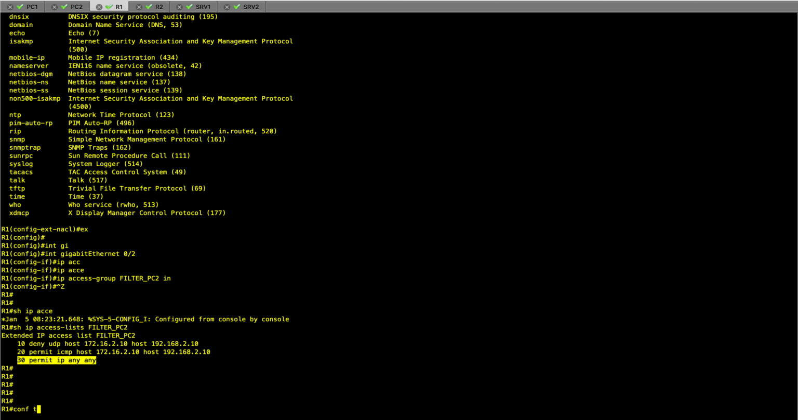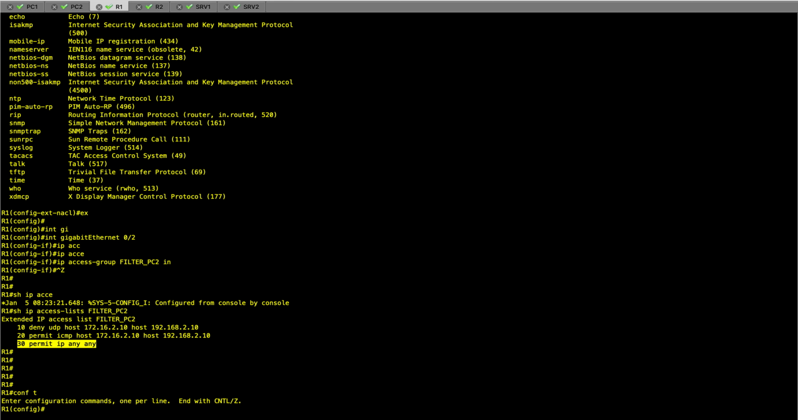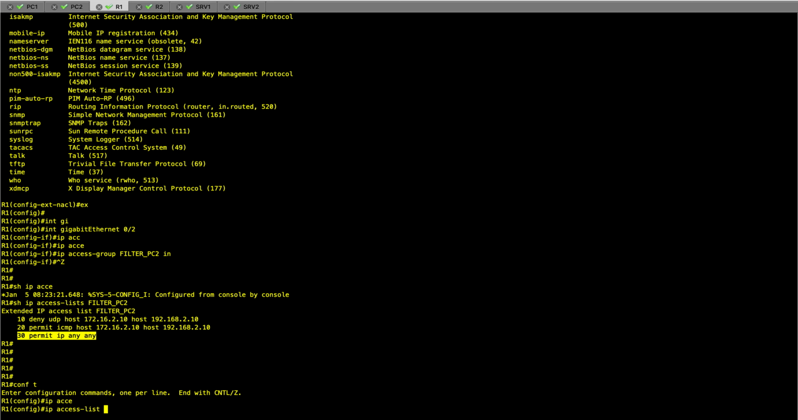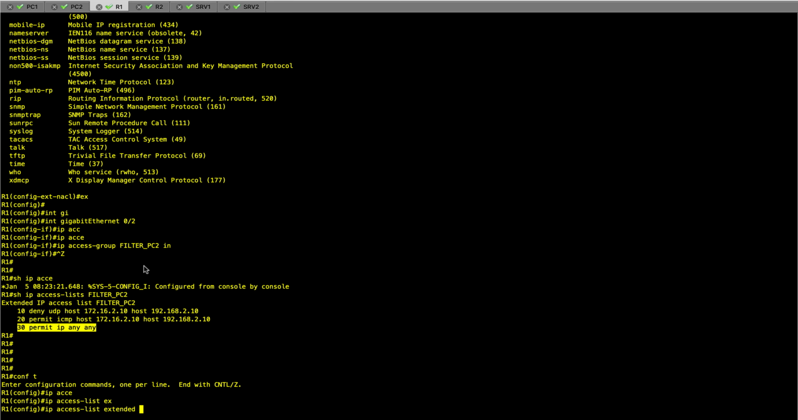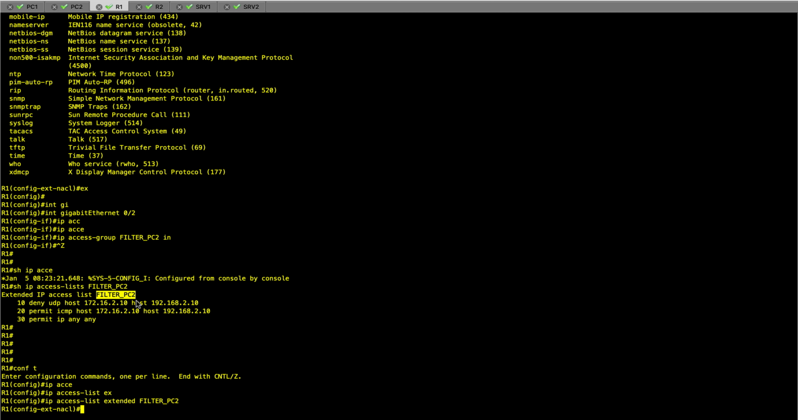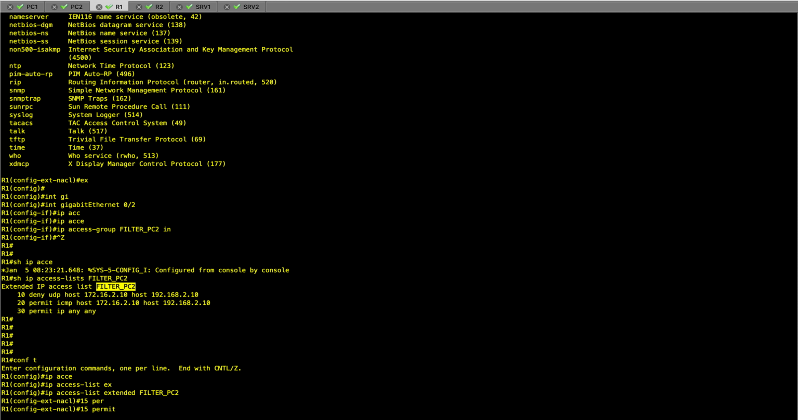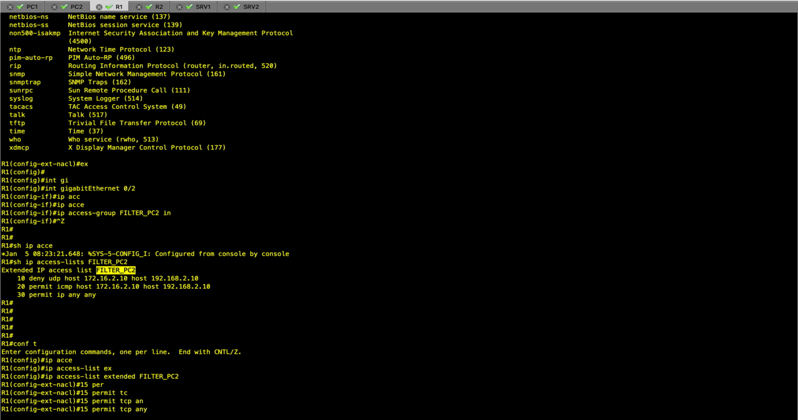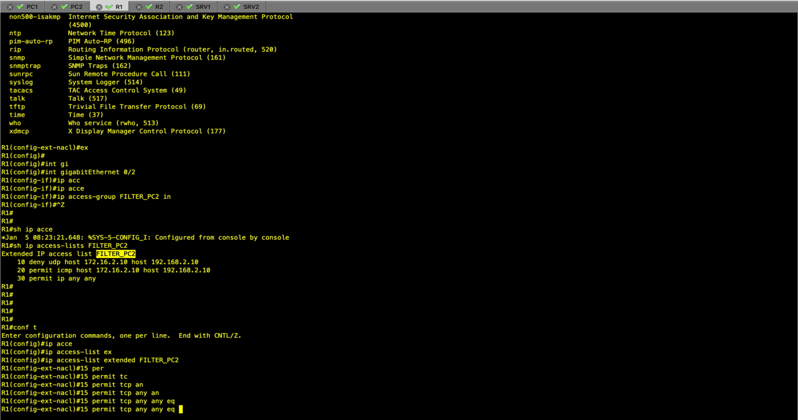So for example, I want to add another line to this access list. I can choose the sequence. If I want to insert something in between 10 and 20, for example, there's something else I would like to deny. So I can put my sequence myself manually and permit IP or TCP any equal